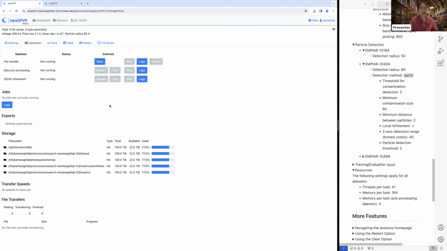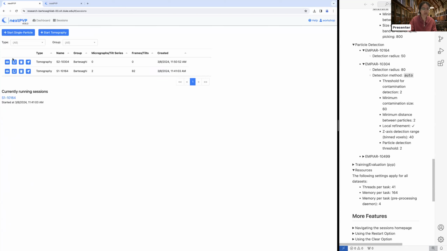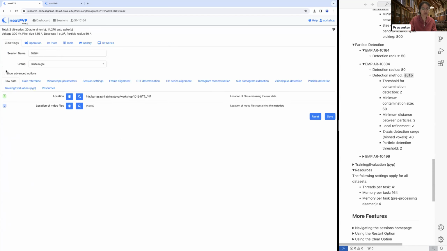And in nextPYP, we have the ability to run multiple sessions at once. It's similar to how you can run multiple different project instances at once. So I'm going to go ahead and click start on this. While it's waiting, maybe we can see whether our other job is finished. Clicking on this eyeball icon here to open my session,